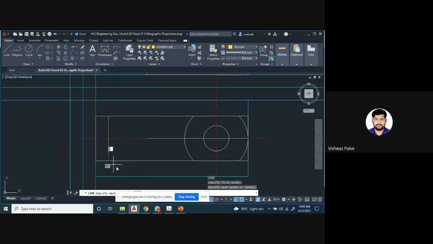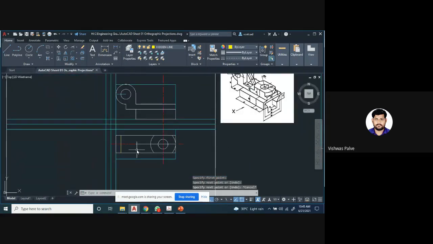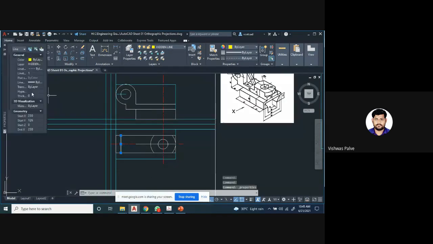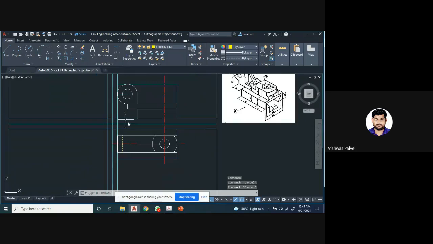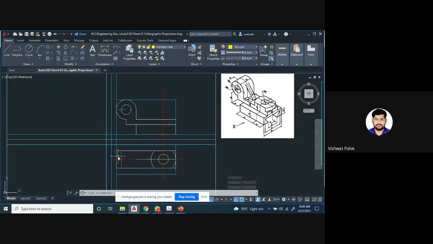Okay, till this point. Then again, I want to change the line property. Right click, change the line property as, I'll say it is to be 10. Then it will be seen as a hidden line. Then I can again draw it, or offset distance of 20 millimeter. O, enter, of 20. Select this line, offset of 20.